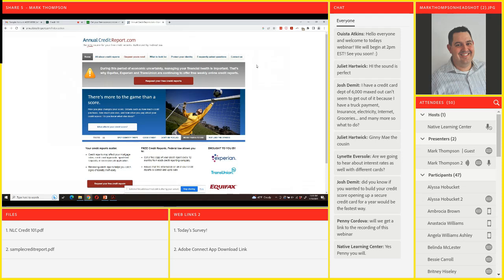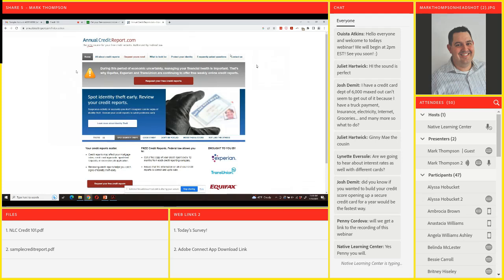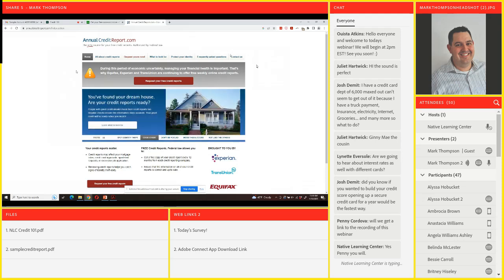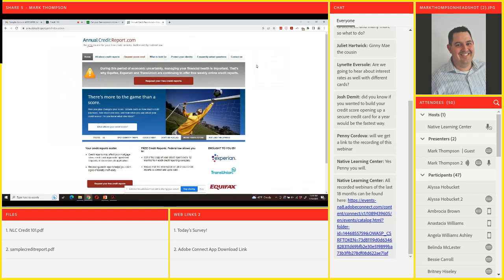We used to have a tip on the way to get your credit report: sign up, get your credit report, and then 4 months later get one from a different bureau, and then do one from the third bureau 4 months after that. By the time the next 4 months rolled around, it would be 1 year, and you could go back to the first credit report. That way, every 4 months, you would be monitoring your credit. But like I said, now that doesn't apply anymore, because you can get each of these 3 credit reports from each of the 3 bureaus every single week.